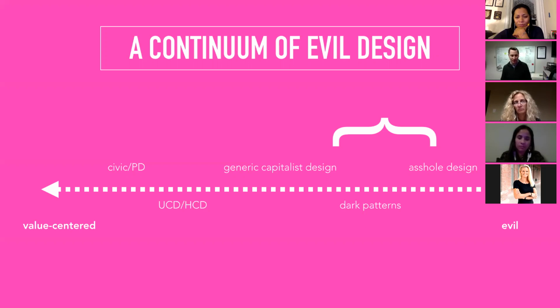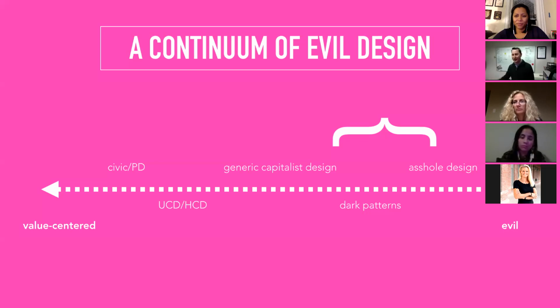And so, generic capitalist. If you go up a rung from that towards value-centered, then you might have stuff like user-centered design, human-centered design, or, in your context, instructional design that's motivated by learner needs and the realities of instruction and equity and inclusion. If you go up one more level, then you might imagine participatory design, co-design practices, or civic design, where you're not just designing something for an audience, you're actually engaging that audience and designing the thing with them, alongside them. And so hopefully their values are even more intertwined in the work that results. So that's the fun value-centered side. It's been talked about a lot, and there's a lot to discover there.